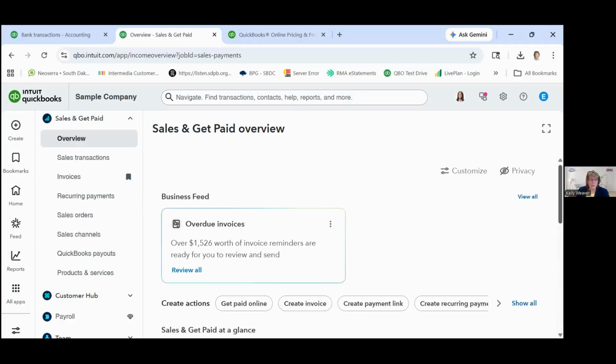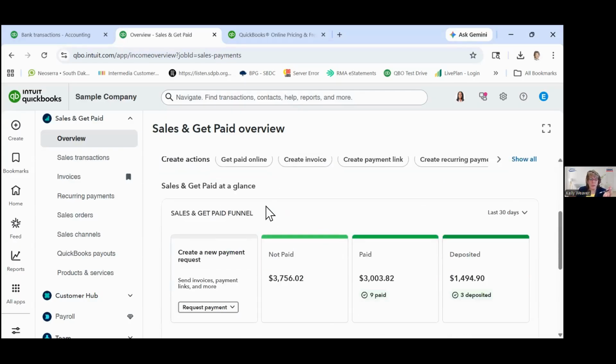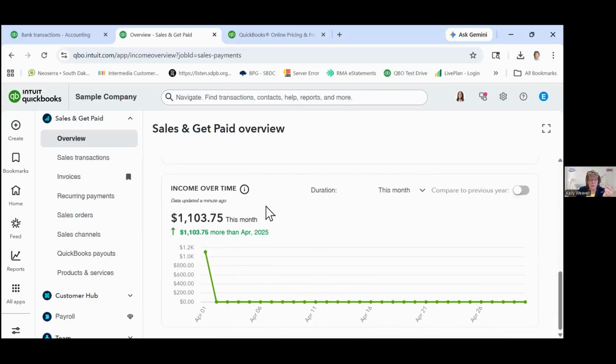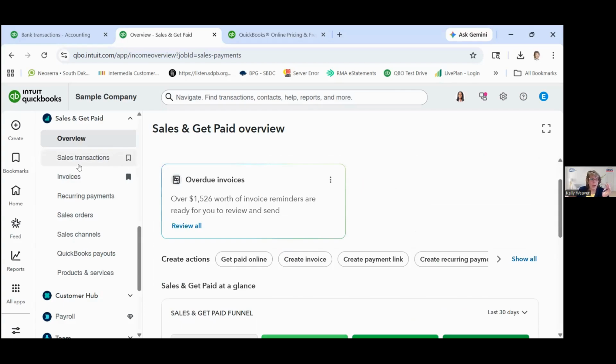This is a change in how this window looks. It used to have all these same tabs right across the top, and it doesn't quite have them all. But this would give you an overview of where things stand, invoices you need to create, invoices that need to be paid, income over time. But what we really want to work on is how do you enter sales into QuickBooks?